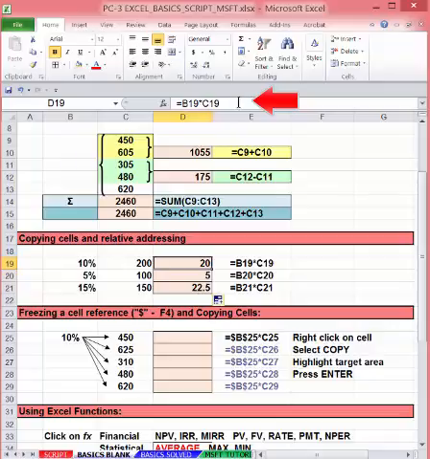Now look at what Excel has copied. This cell reads B19 times C19. This one reads B20 times C20. Excel has changed the formula relative to where it's placed. When we entered that formula in D19, Excel actually interpreted that as multiply the value in the cell 2 to the left of where I am times the value in the cell 1 to the left of where I am. So wherever you copy it, that's how it's going to interpret it. Being able to enter a formula in a cell and copy it to other cells and have it adjusted for its new location is very powerful, but that's not always what you want.